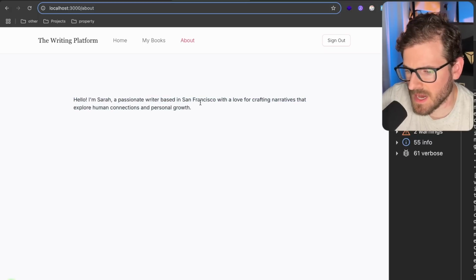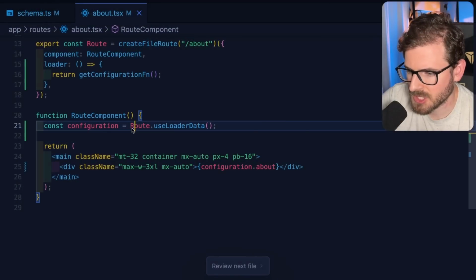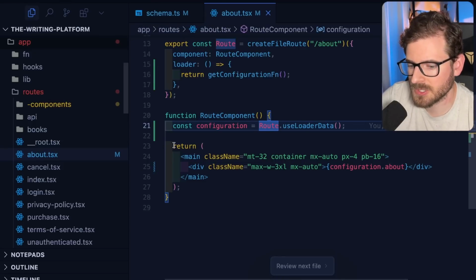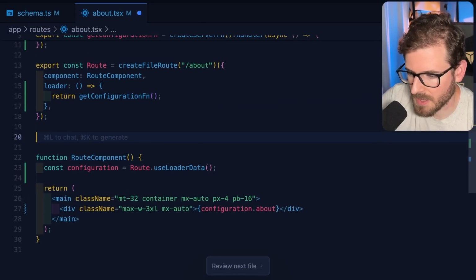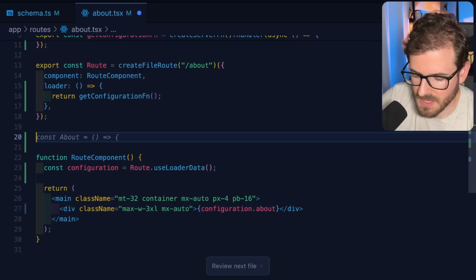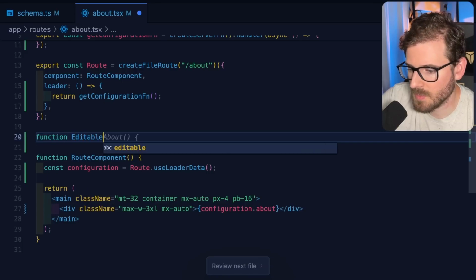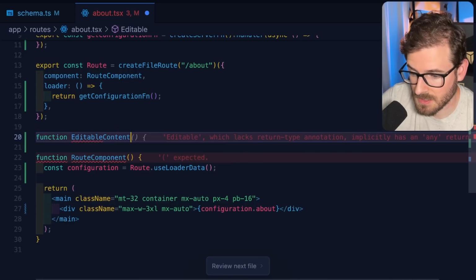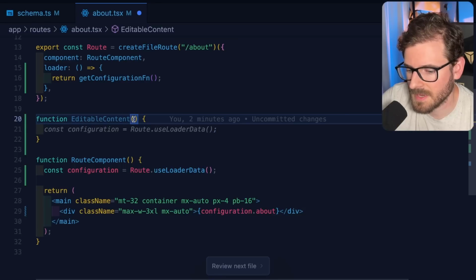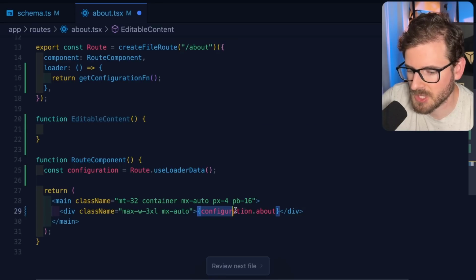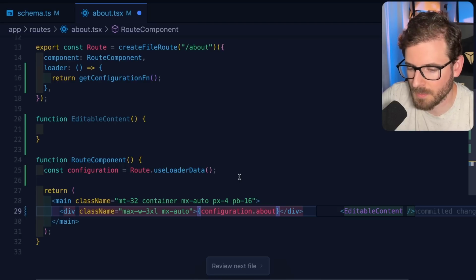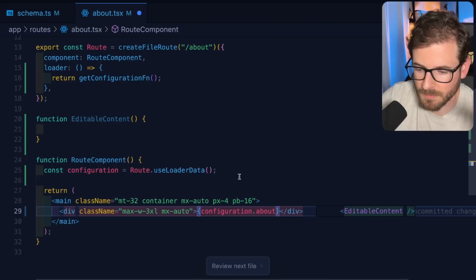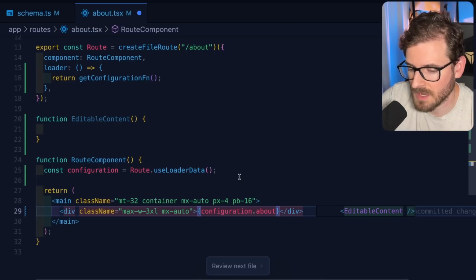So we might use AI to generate that type of component, but let's just try to help Cursor understand what we want here. So let's go ahead and just make a component in the same file. Like why not? It's fine. As long as the file doesn't get too large, it's probably okay. We're going to say function EditableContent. And then we want this component to basically show this information. But then if you click on it, it should toggle to an edit mode. And then when you blur out of that input or you do something, it'll save it